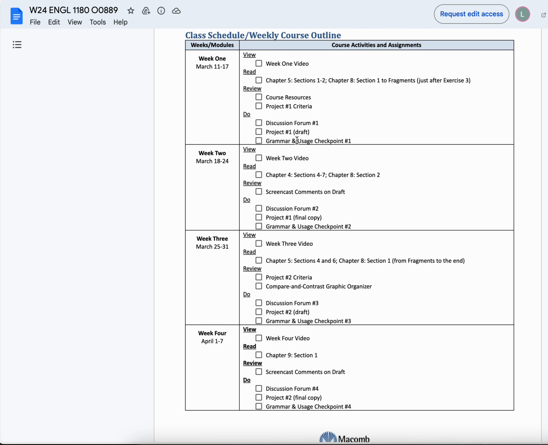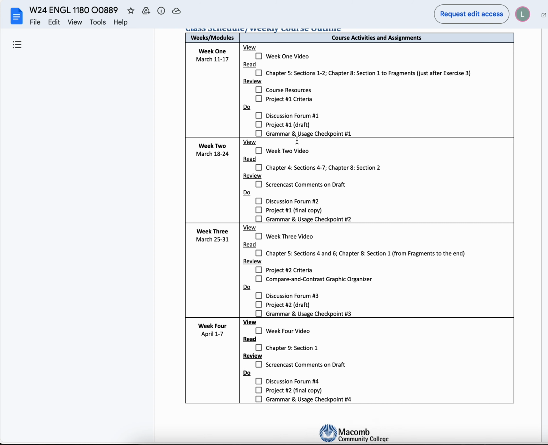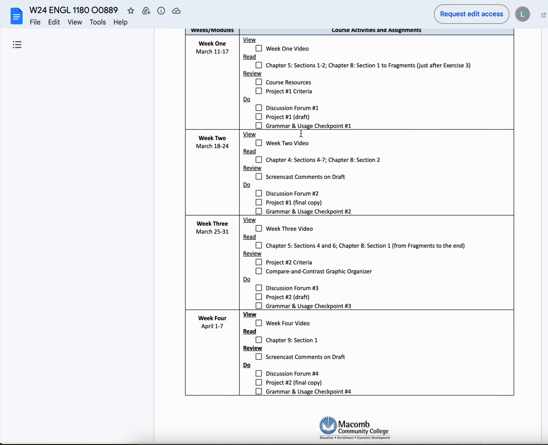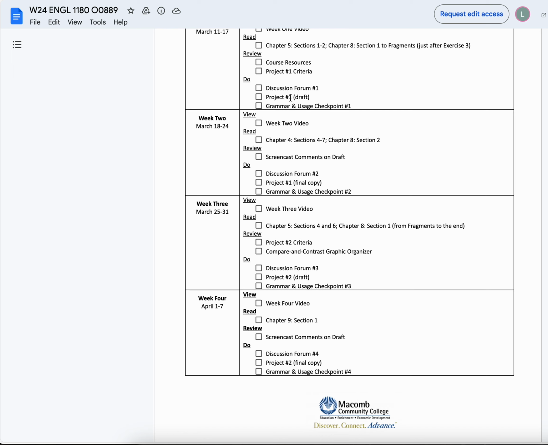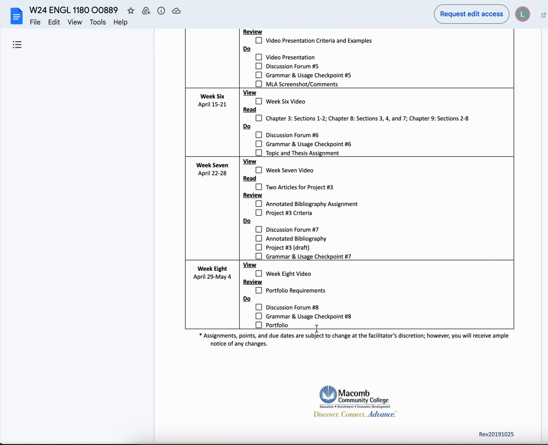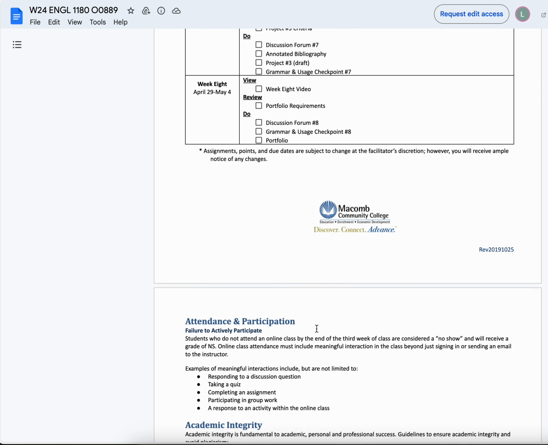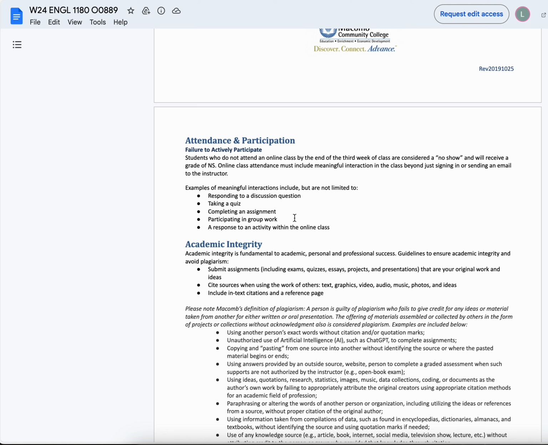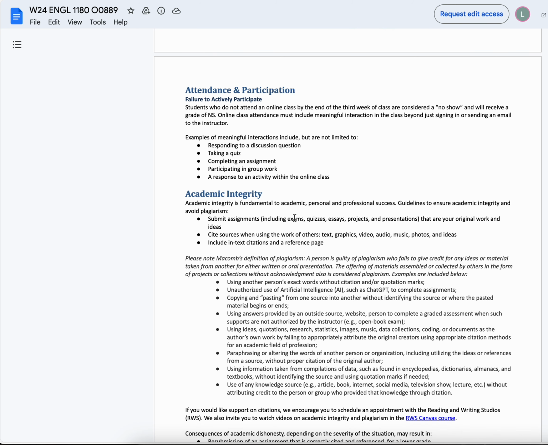And again, the due dates are sometimes staggered, often towards the end of the week, but you'll want to be aware of those due dates, and I'll show you, of course, how to locate those within Canvas if you haven't been in a class online before. All right, and like I said, weeks 1 through 8 are pretty much set up the same way every single week, and they're mimicked in Canvas, which I'll show you as well. You want to participate actively, but again, for an online class, that means that you're turning in assignments when they're due. That shows your active participation.